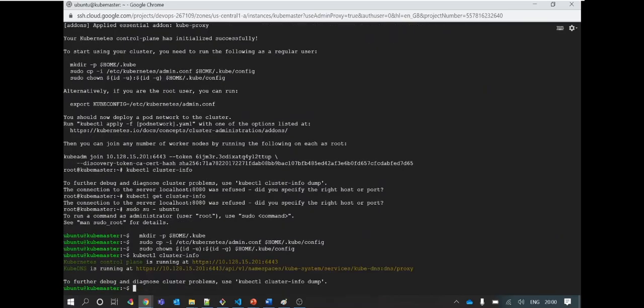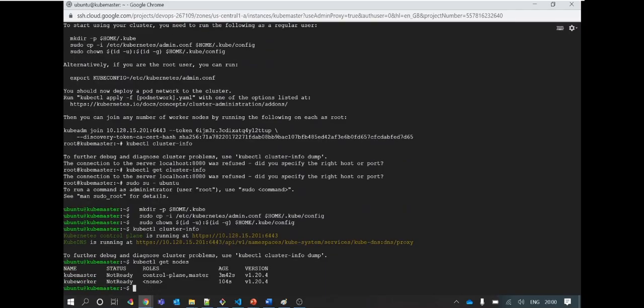And you will be able to see your cluster detail, where the control plane is running, what the DNS address is, and other things. Now my cluster is working fine. I can check my connected nodes also using the get nodes command, and you can see 2 nodes are available here but not ready. Both the nodes are in not ready state. You can see their roles: one is your master, the other is a worker with no role, along with age and the version they are running.